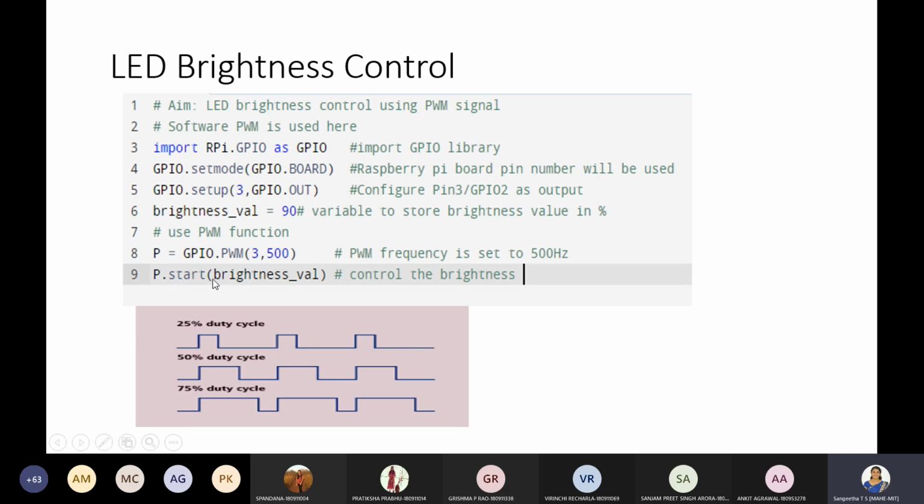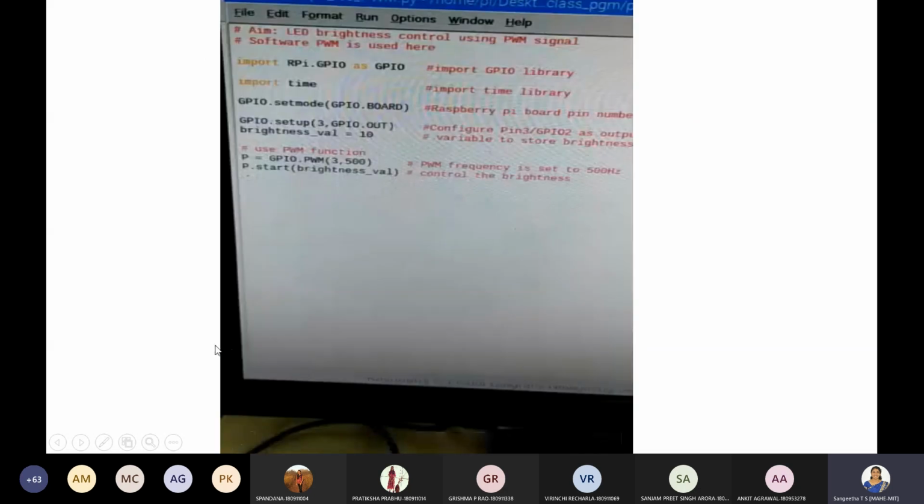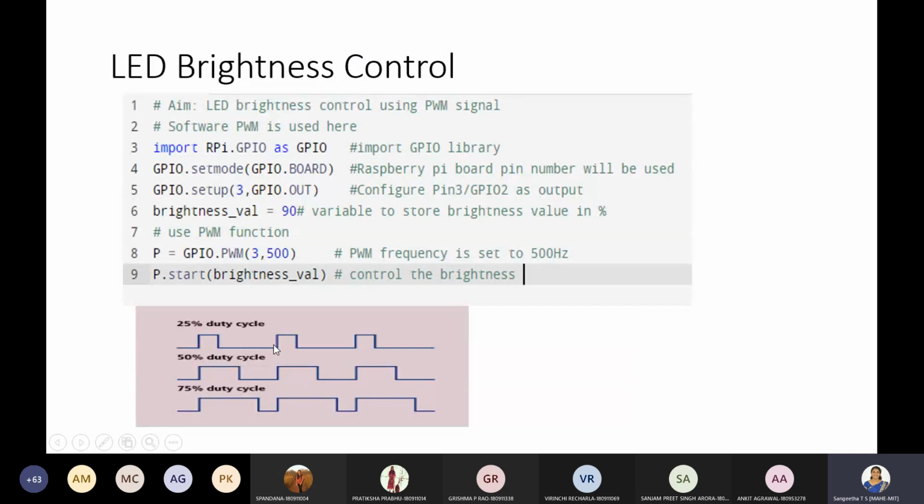You just start it and pass the value to the LED. I hope you can understand. This is just like the duty cycle corresponding to a pulse. Suppose the pulse starts from here and ends here, and then the next cycle starts.